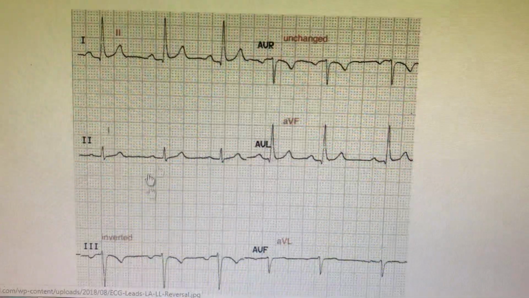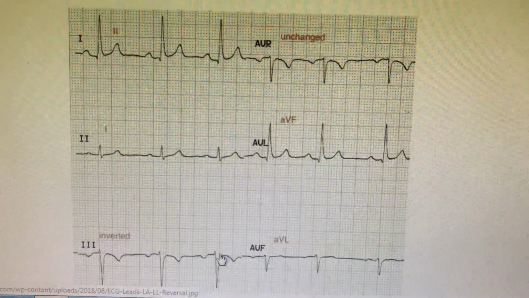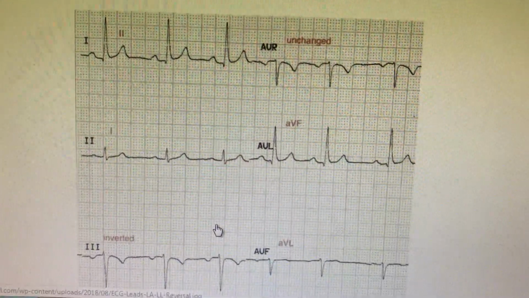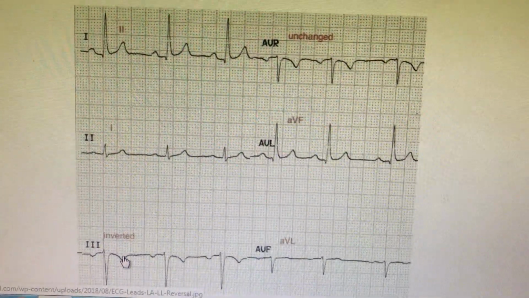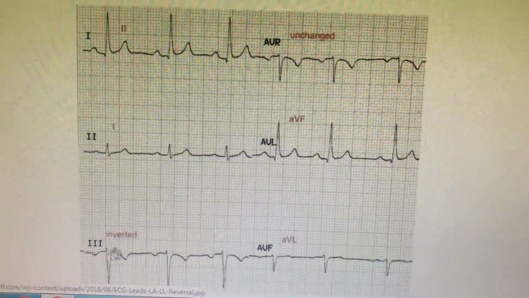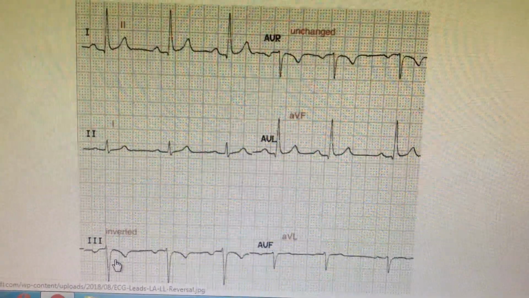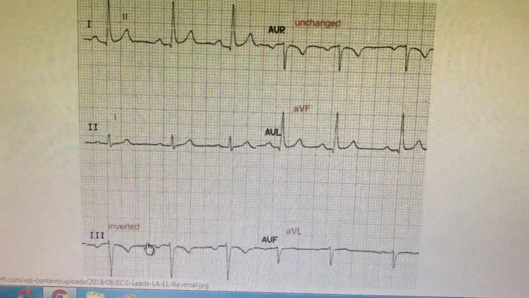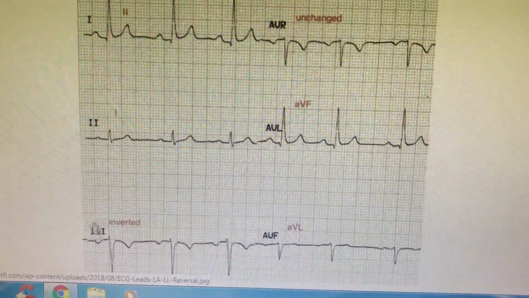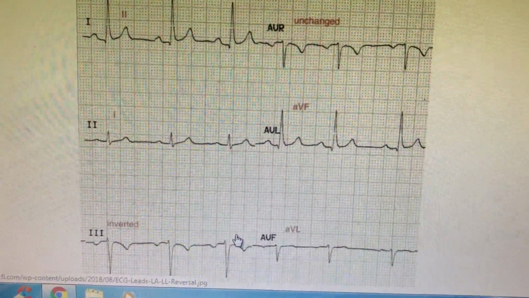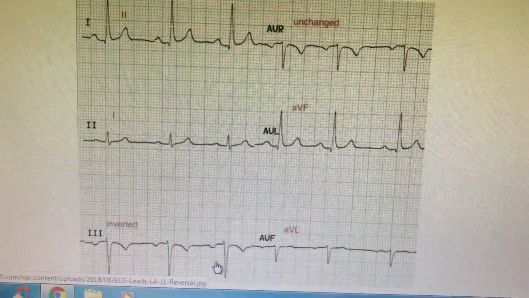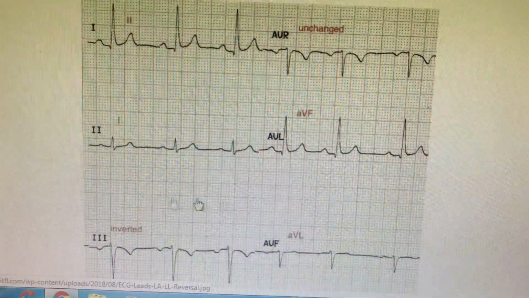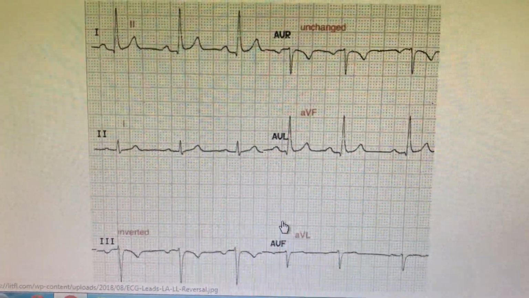I feel this is one of the most common causes for lead displacement mismatch, wrongly diagnosed as ischemia, and the patient is sent for TMT. When you look at the TMT, lead 3 has been put in the normal way, so you think lead 3 inversion has become lead 3 positive after TMT, so it is most probably ischemia, and the patient may even go for angiography because of the wrong placement of the leads by some of the nursing staff doing this work. So please do have a basic clue of where the leads are put and where the misplacement is happening. Otherwise, the patient may go for unwanted angiography and all the possible other